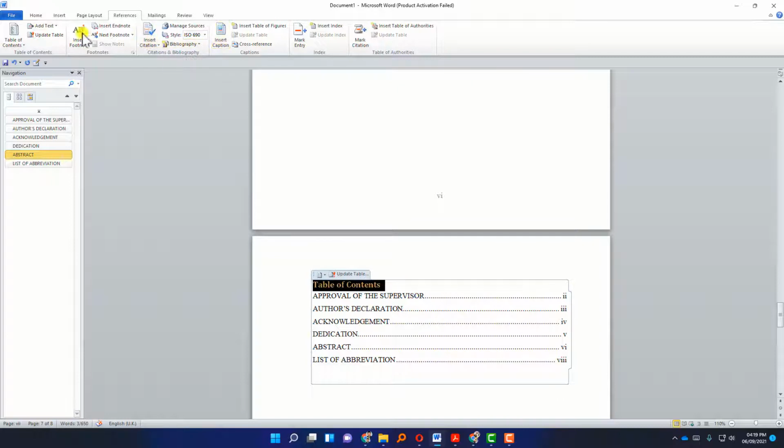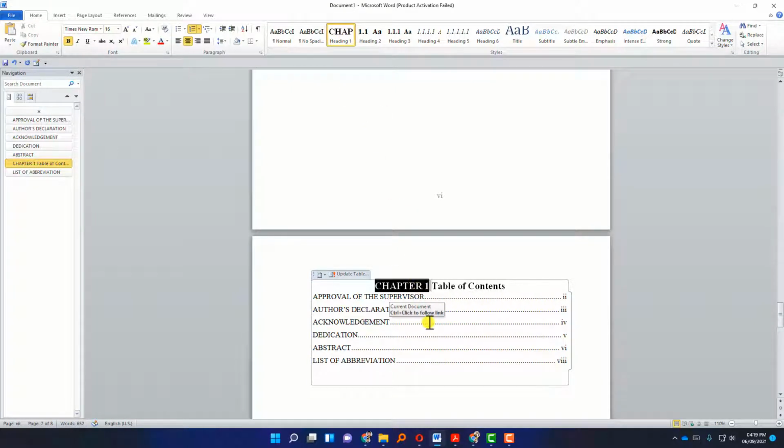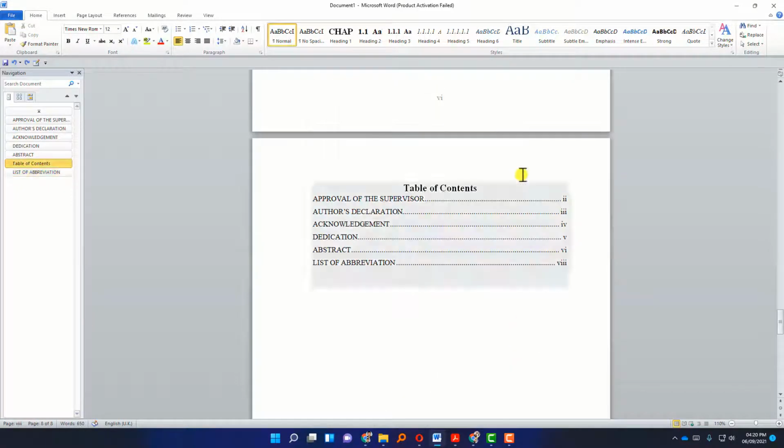So I am going to click this one and set it, and going down. Okay, this is my table of contents. Now